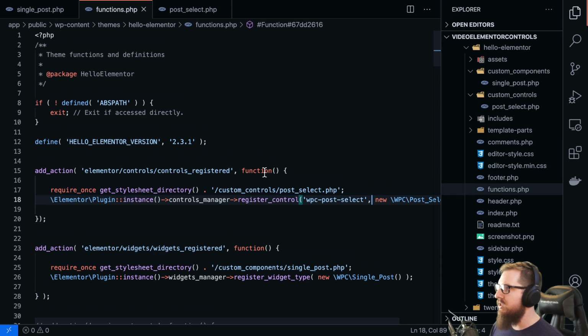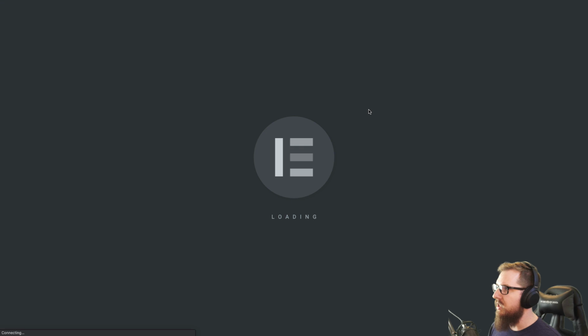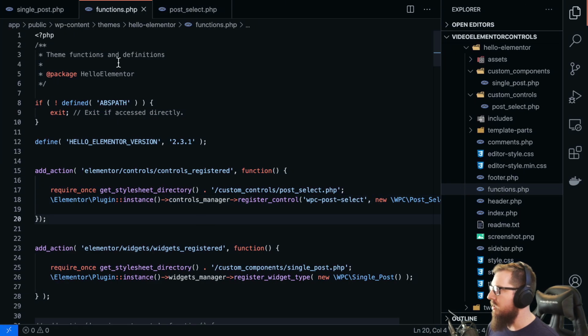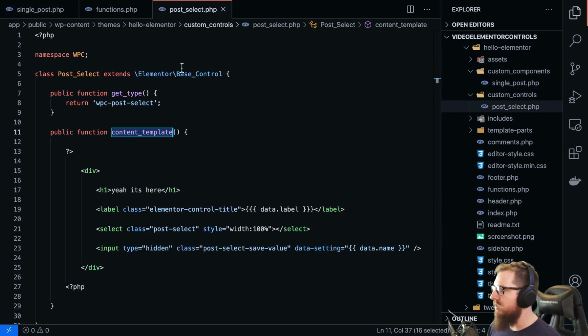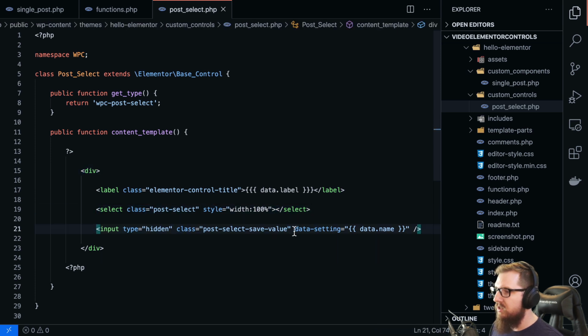So what that should do is make it so when we refresh our page over here, we should get something inside of our control. So it says, yeah, it's here. And we have a select with nothing in it. And we have our label, which is post. So that's great news. What we have to do from here is get rid of this, yeah, it's here thing. But since we want to get some JavaScript going and we want to be able to save the value of what's in this select into this data setting